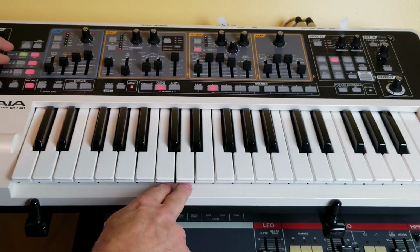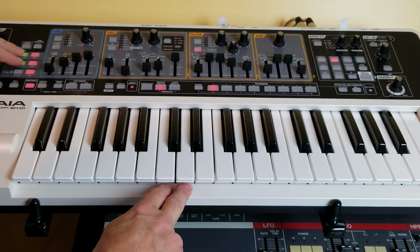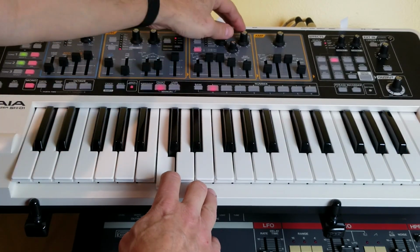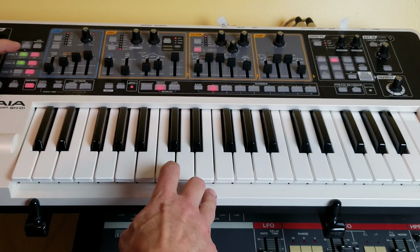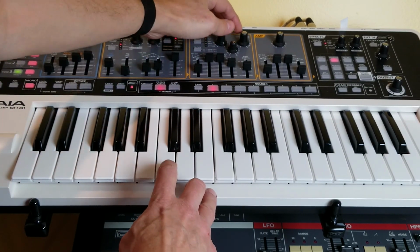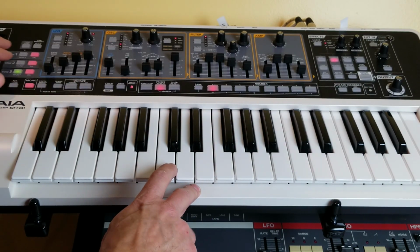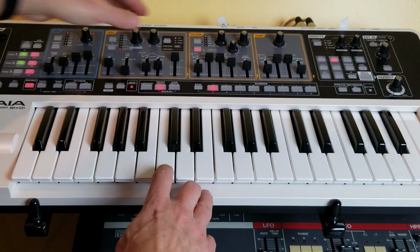So what I'm going to do is select tone 1 and 2. So now when I adjust controls, it's going to affect both of these. For this one, I want to have the filter wide open. Not that it's going to be doing anything because the sine wave doesn't have any harmonics to filter, but for these two,